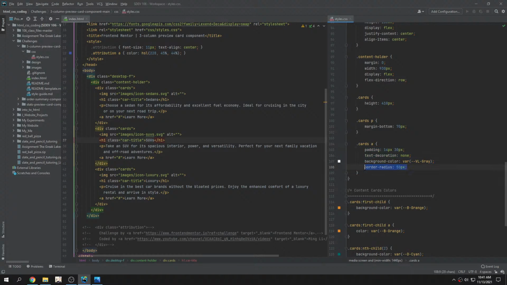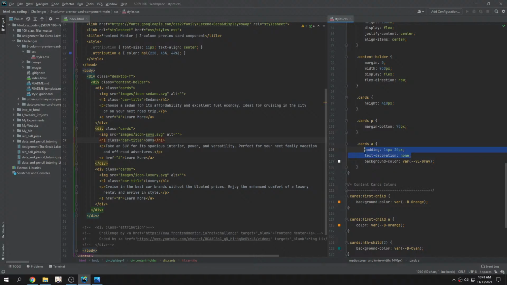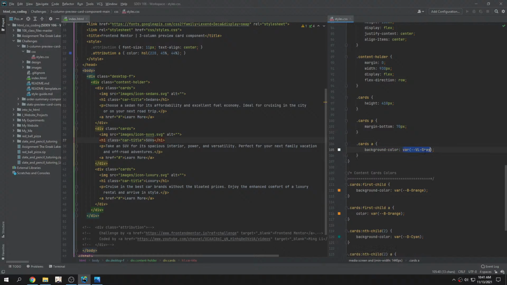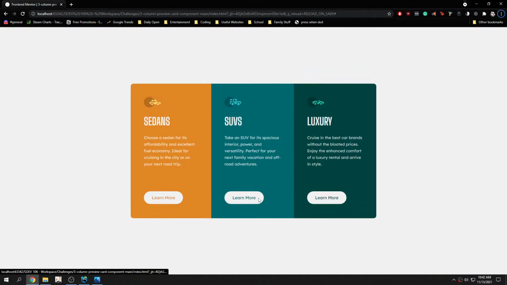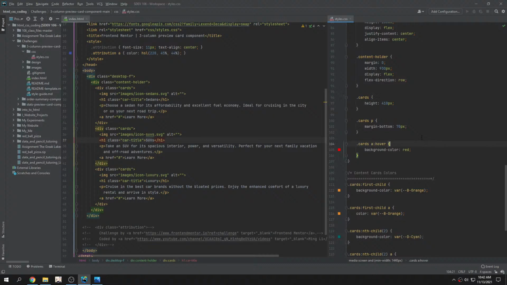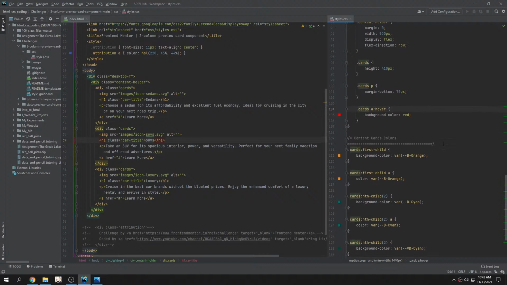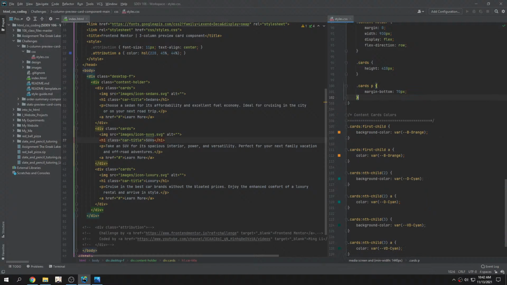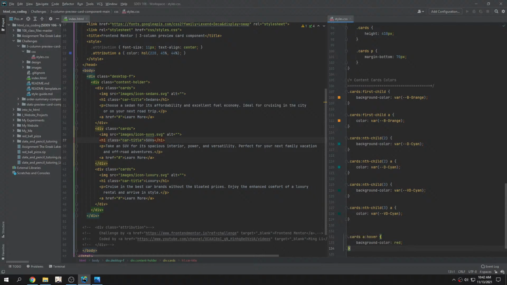And then we change the background color to red to make sure. There we go. Okay, cool. So then we will need to make the cards, not there. We'll need to make